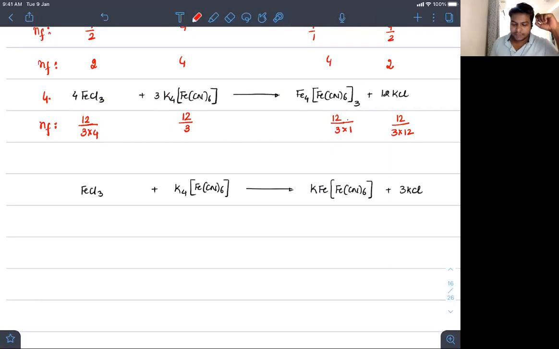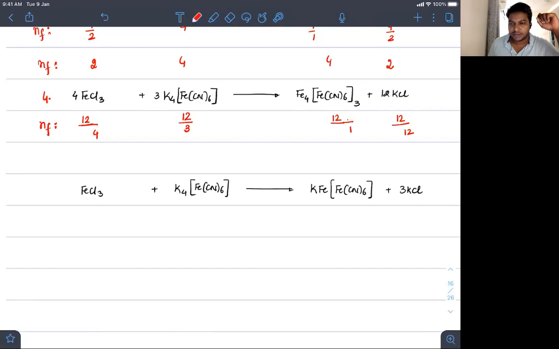ओके, 12 डिवाइडेड बाय 3 है, राइट? सॉरी, ये डिवाइड में 3 क्यों कर रहा हूँ? 3 नहीं, सिर्फ उसके फैक्टर से डिवाइड करना है ना। यहाँ पर 12 आया, 12 डिवाइडेड बाय 3, यहाँ पर 12 डिवाइडेड बाय 4, 12 डिवाइडेड बाय 1, 12 डिवाइडेड बाय 12।